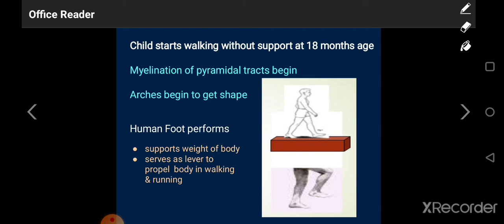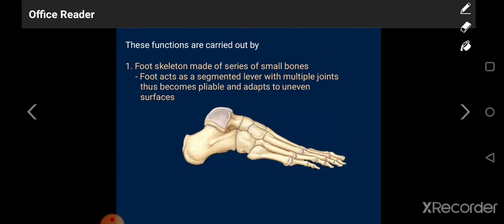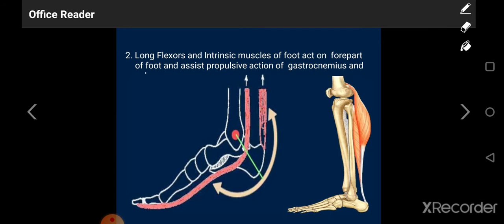The human foot performs support of the body weight, and serves as a lever to propel the body in walking and running. These functions are carried out by the foot skeleton, which is made up of a series of small bones. The foot acts as a segmented lever with multiple joints, thus becomes pliable and adapts to uneven surfaces. The long flexors and intrinsic muscles of the foot act on four parts of the foot and assist in the propulsive action of